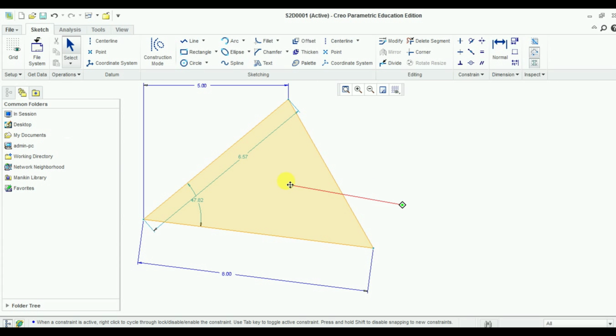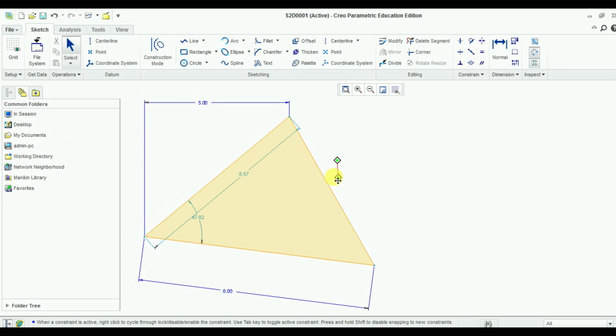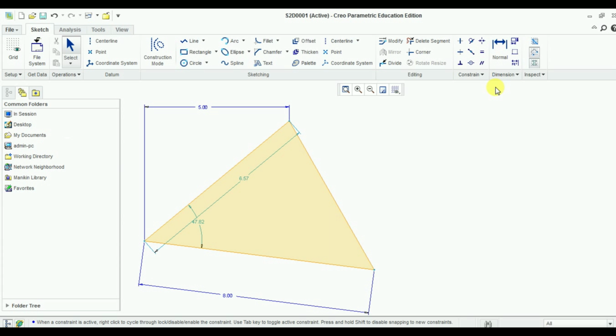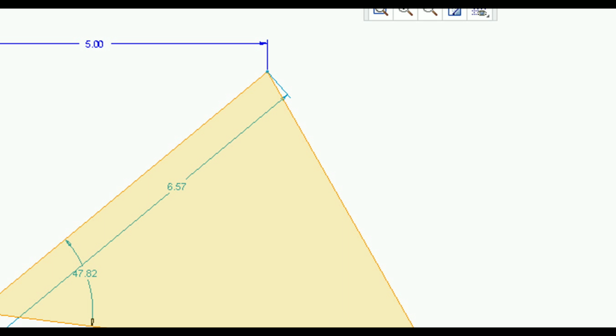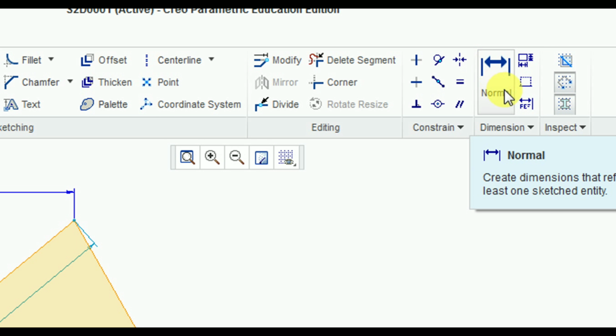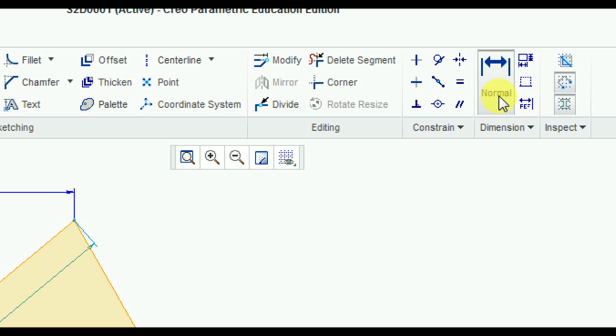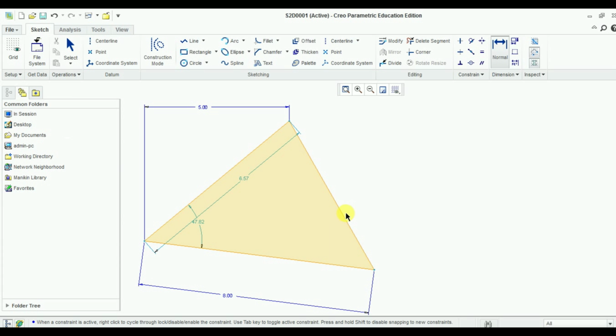Now sometimes it may happen that this particular line over here has no dimension mentioned. At such a time you need to go to this dimension menu and click on normal. By clicking on normal, your cursor will change and it will provide you a dimension. Click on the particular entity for which you require a dimension, and after clicking that entity you need to press the scroll button